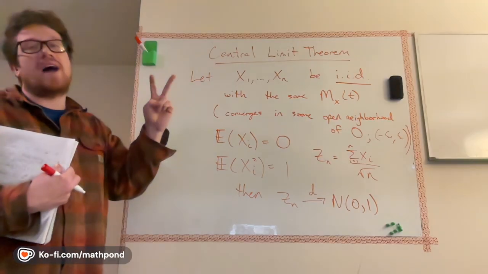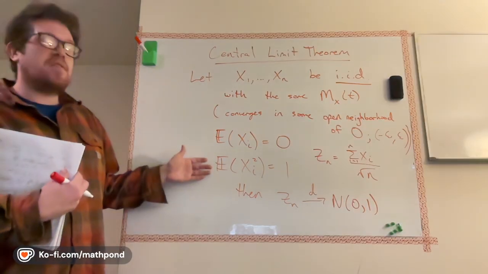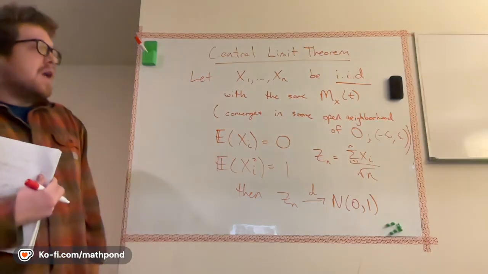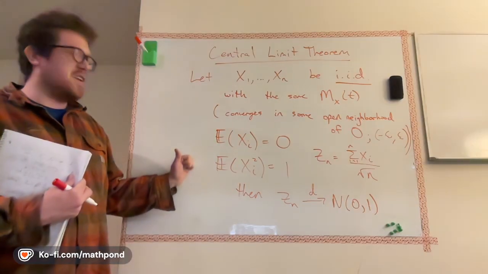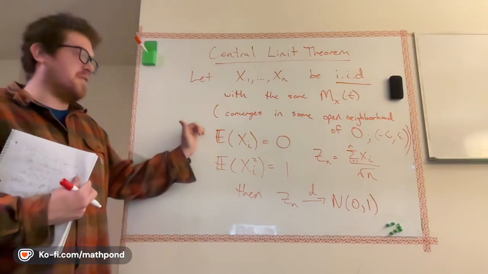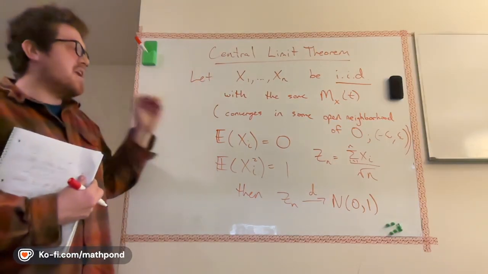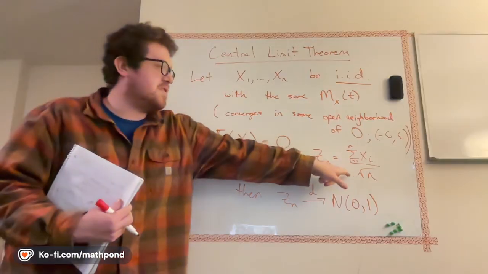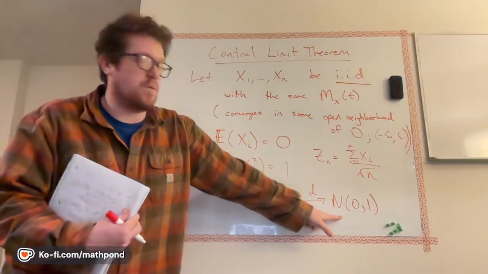So if they're not this, you can normalize them. Like if the mean is not 0, you can subtract off the mean. If the variance is not 1, you can divide by the standard deviation, right? So it seems like it's specific, but it's really not. It's really just saying these don't have to be 0 and 1. If they're not 0 and 1, we can always adjust it to be 0 and 1. But yeah, if this is the case, then we can define this new variable, and once we add them all up and do this scaling, this is basically getting closer and closer to being a normal distribution. In the limit,